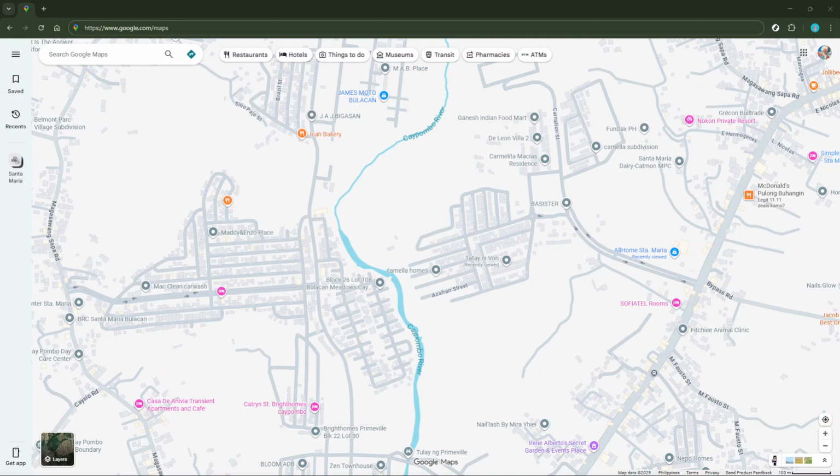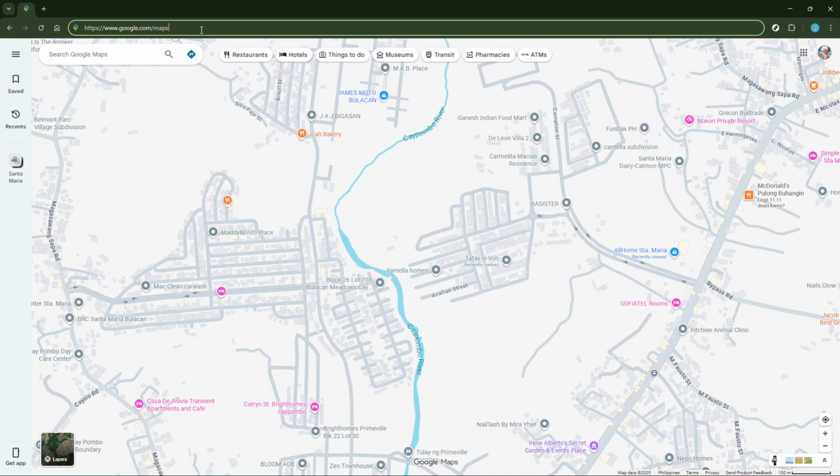First, let's get started by opening Google Maps on your PC. This is the version you access via any web browser, whether it be Chrome, Firefox, or any other. Make sure you're signed in with the correct Google account, especially the one you usually use for your Google services. Being signed in is essential because Google needs to keep track of who is suggesting the change.